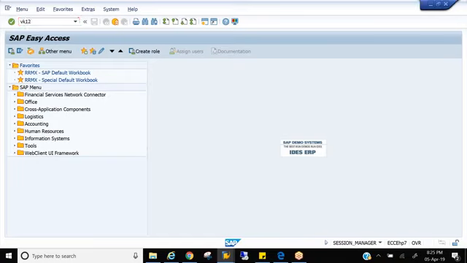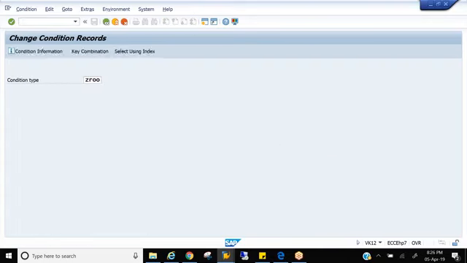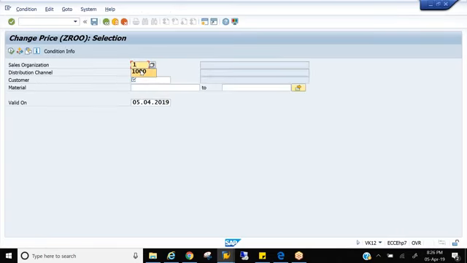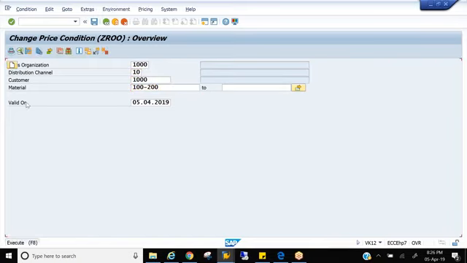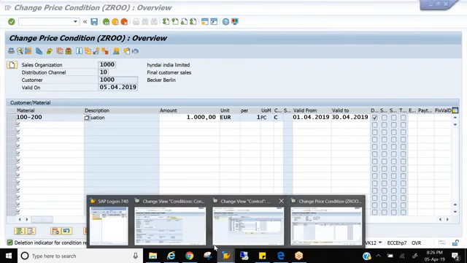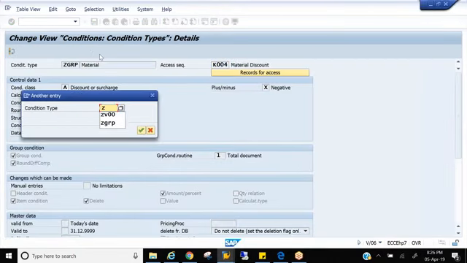I'll go for VK12, and the condition type is ZROO, customer material, because you want the base price to touch the maximum so that you can propose the discount.